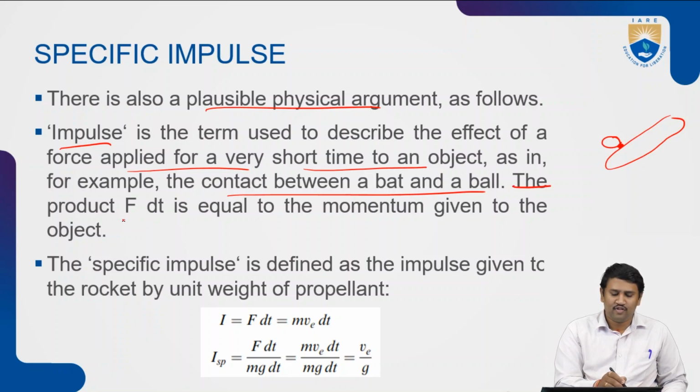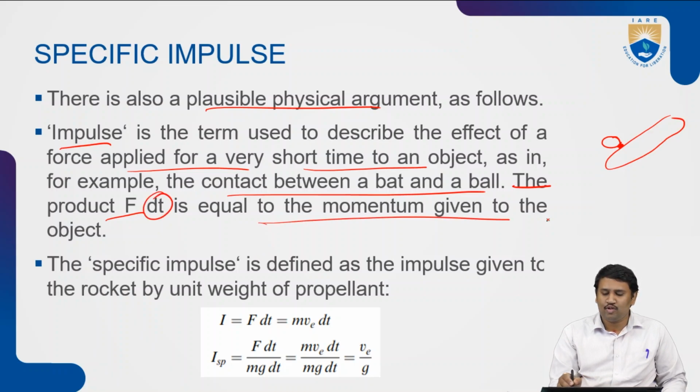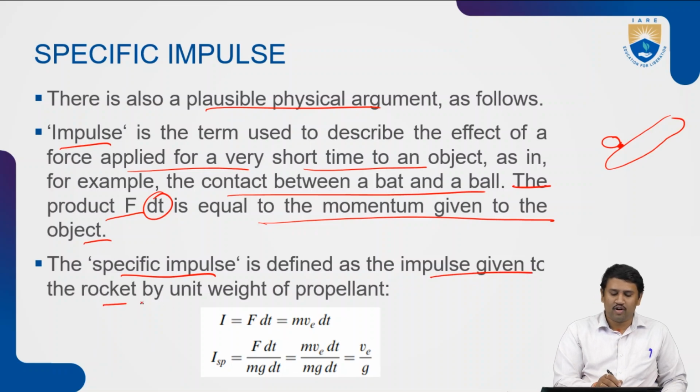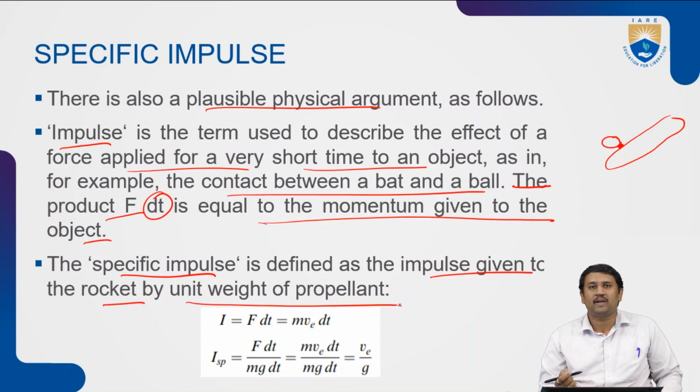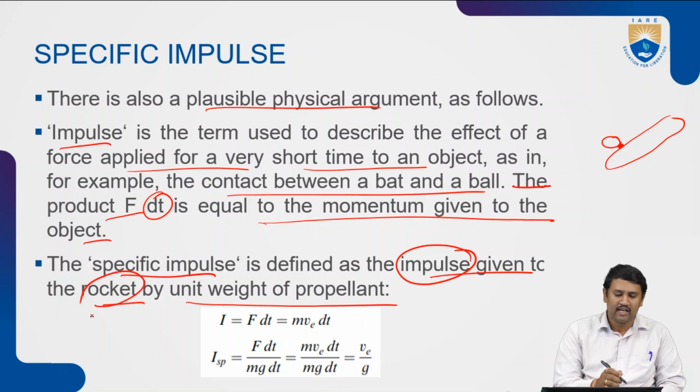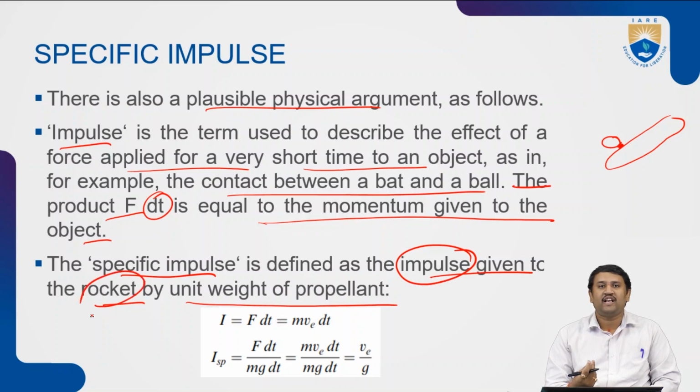Now, the force that is being given or pushed onto the ball, particularly in a shorter period of time, is equal to the momentum given to the object. Now, the specific impulse can be defined as an impulse given to the rocket by a unit weight of propellant, right? The specific impulse, whenever we are defining it, is defined as an impulse, particularly the force, right? The force that is given to the rocket by a certain weight of propellant,